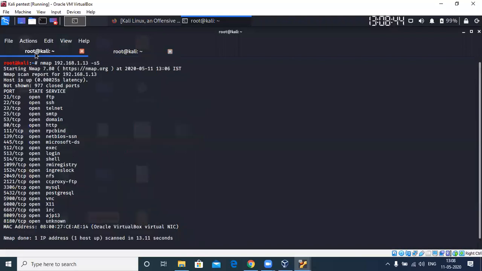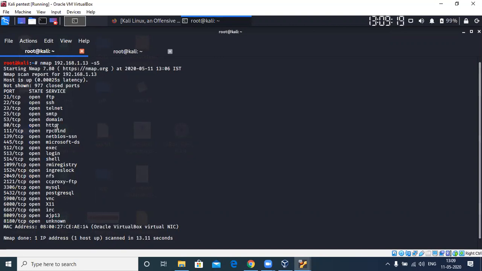So when you don't enable the version detection tag, Nmap is just guessing that this particular port can run this particular service because they are under the common port list. For example, port 80 is where generally we run websites or HTTP services. Port 80 will be the one by default. So if you don't enable the version detection tag, Nmap will guess that to be HTTP. So HTTP is running on 80.